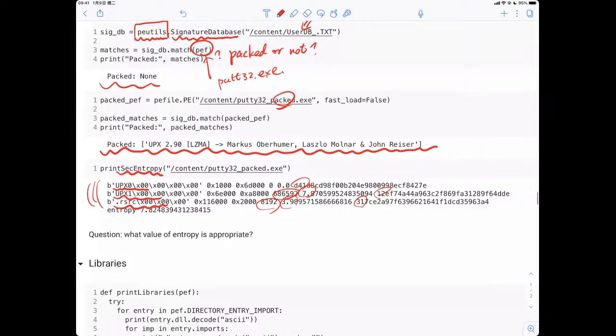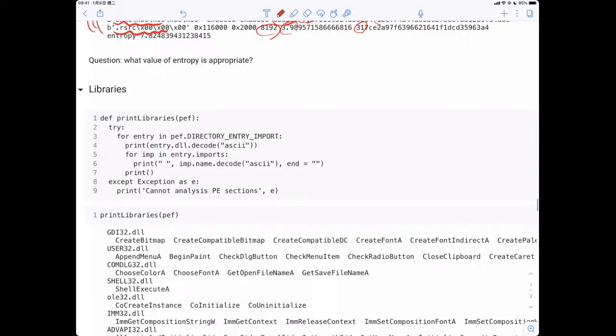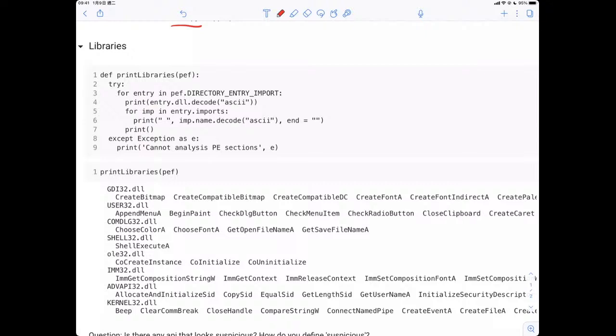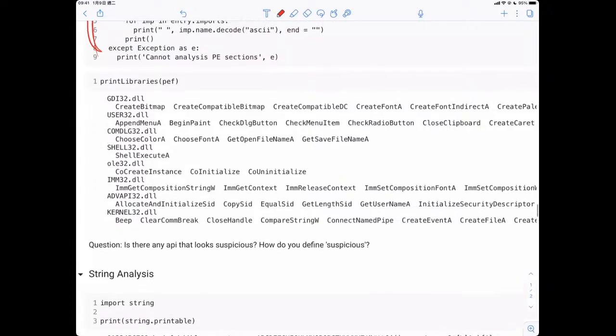So again, we'll talk about entropy later. Okay, so here is another section. It's called libraries. As we saw in VirusTotal, we can output how many libraries have been used by this malicious software. So you have to take a look at this code by yourself. I print this PuTTY32. They use several different libraries right here, and those libraries provide the following functions